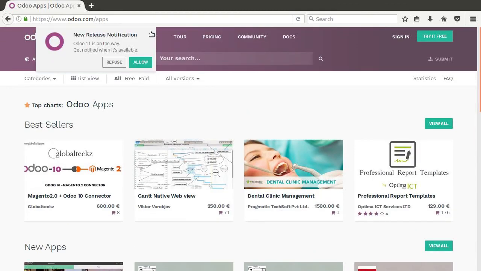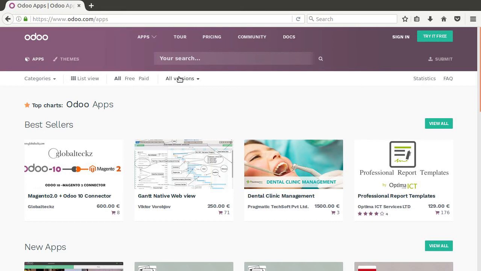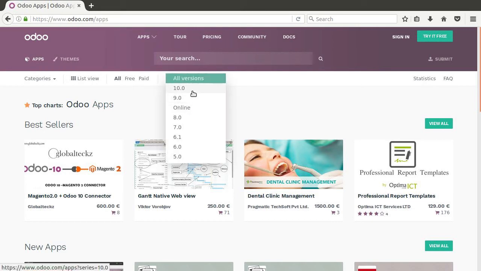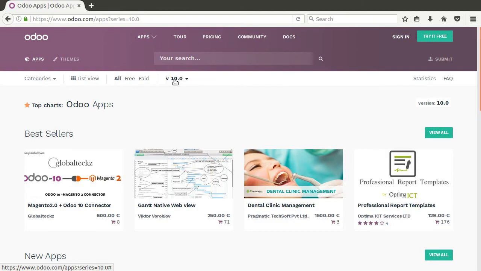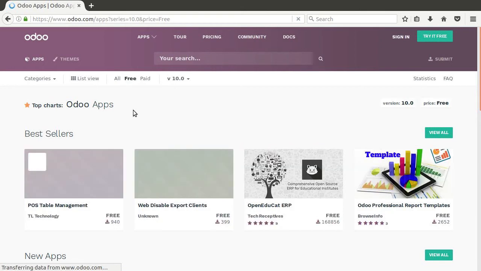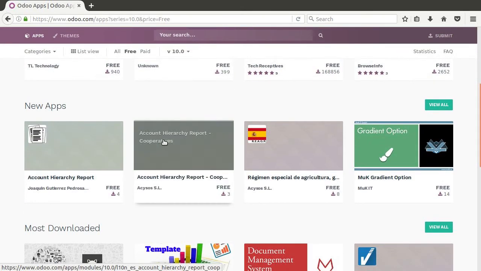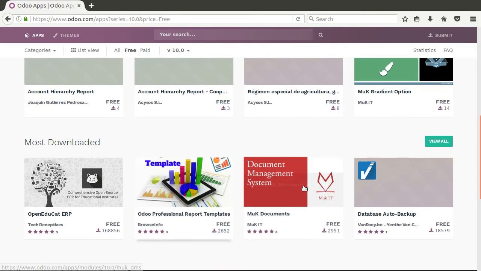It's a nice interface here to search by, so we could say we only want to look, for example, at apps that are compatible with Odoo 10, and we only want to look at the free apps. And as we go through here, we can see that Odoo has a